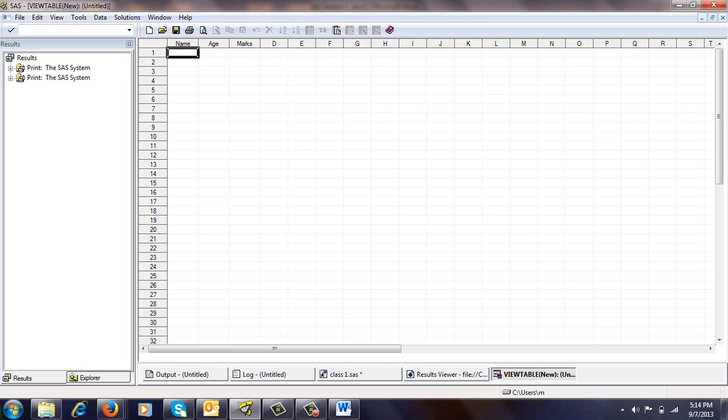Now we are going to enter some values here. For the name, we are going to give here as David. Age 28. Marks we give here 90. I'm just giving here some random values.